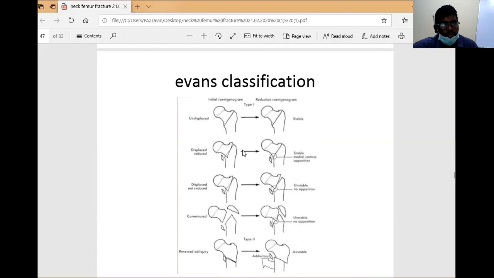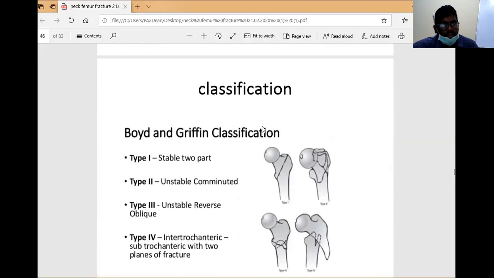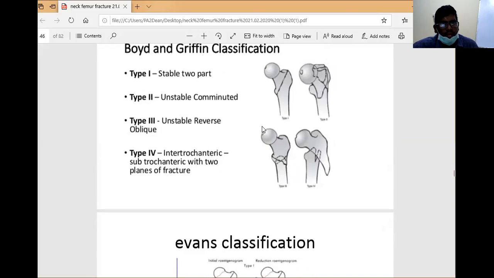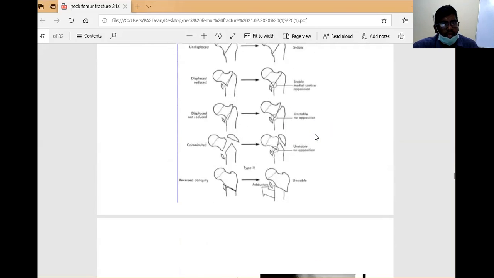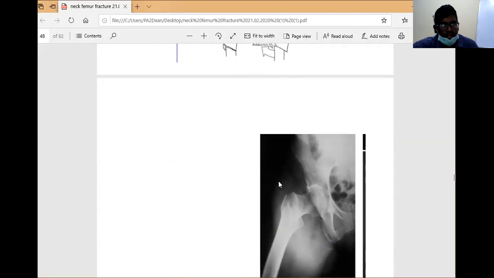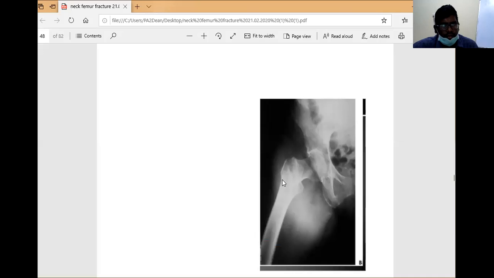So it is of two types. Intertrochanteric fracture is called unstable when it is a reverse oblique fracture, or comminuted fracture, or associated with a subtrochanteric fracture, and calcar fracture, which means posteromedial cortex fracture. If any one of these is involved, it is called an unstable fracture. Diagnosis is by routine radiograph of the pelvis with both hips, or a hip with thigh, which shows the intertrochanteric fracture.